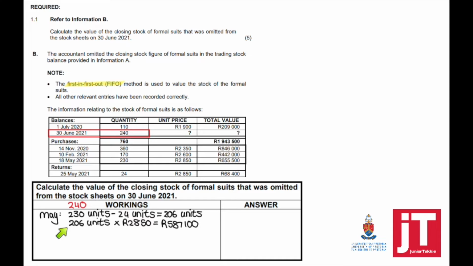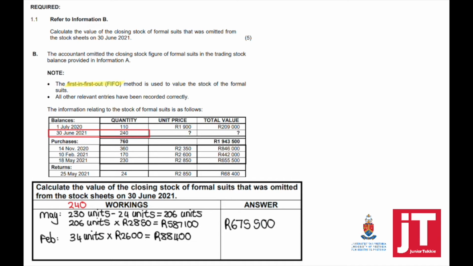Of that, 206 was left over from the May purchases, which means now we need to look at February. 240 minus 206 means 34 units were left over from the purchases in February, and the unit cost was 2,600. Therefore, 34 times 2,600 equals